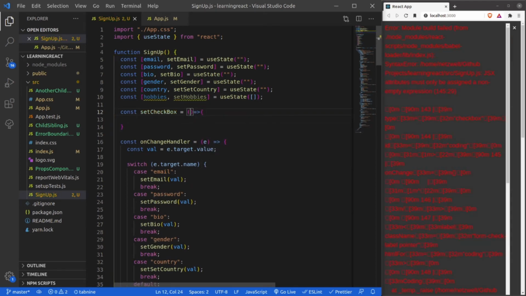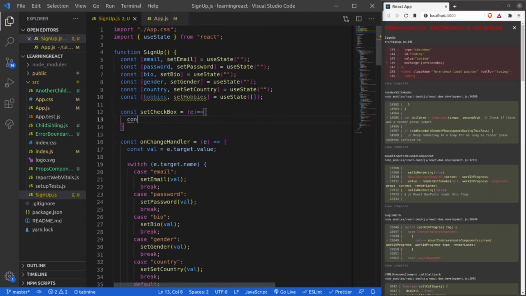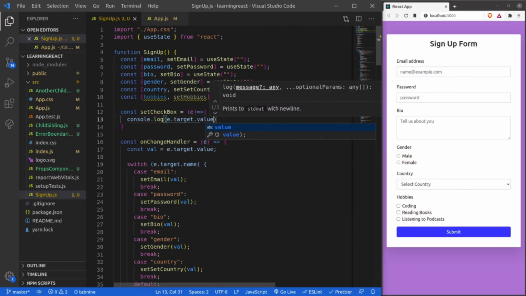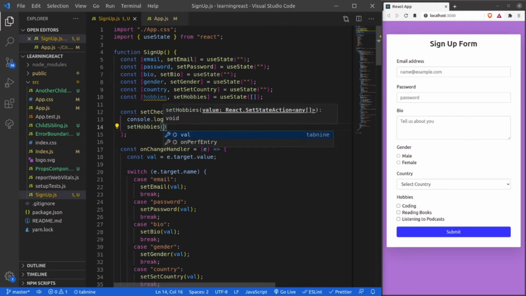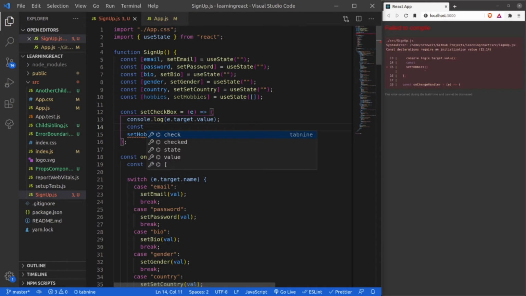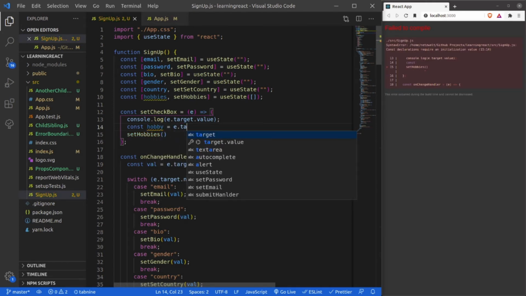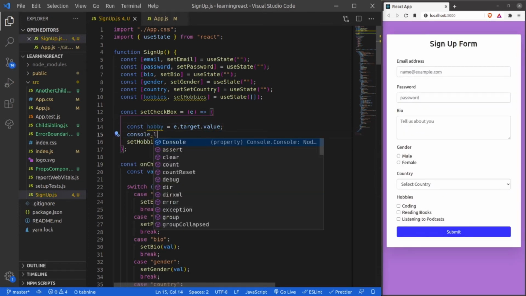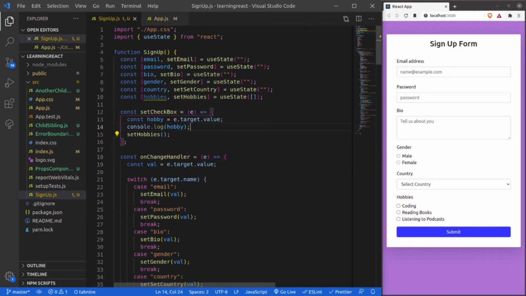All right, and here I am printing e, and you can see e.target.value. All right, guys, and what I can do is directly push the value over here. So let's assign const hobby is equal to e.target.value, and let's remove it and console.log hobby.